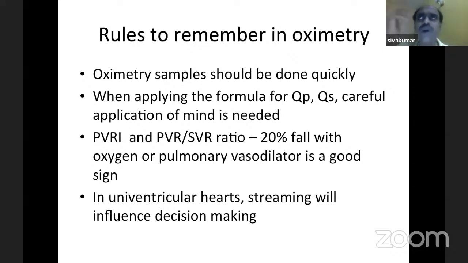It is high flow oxygen. If high flow oxygen is able to increase the FiO2 to 60 to 70%, either 10 to 15 liters by face mask or up to around 2 liters by nasal prongs, that will give whatever pulmonary vascular resistance fall and fall in pulmonary artery pressure will happen. If the patient is not falling at 70% FiO2, he is very unlikely to fall at 100% FiO2.